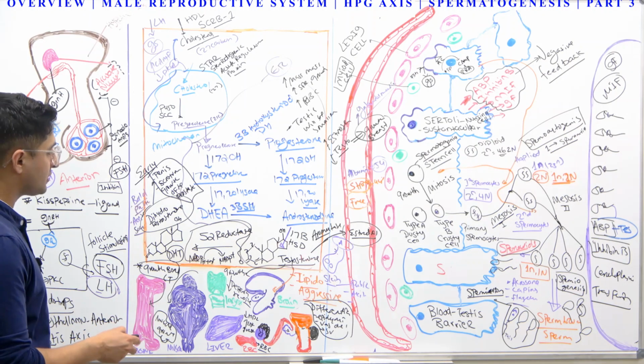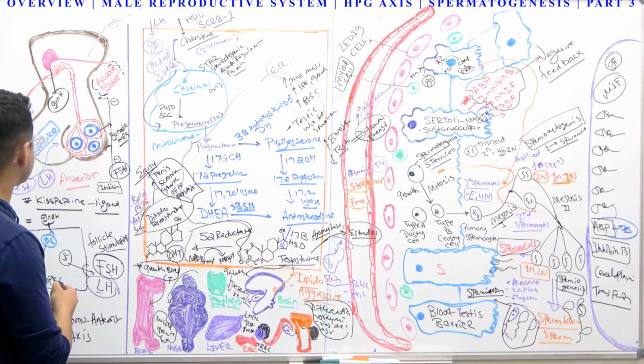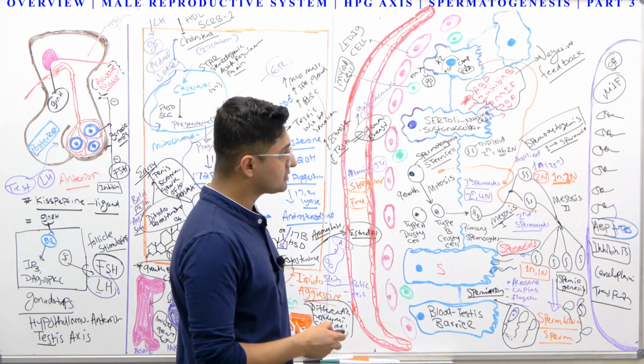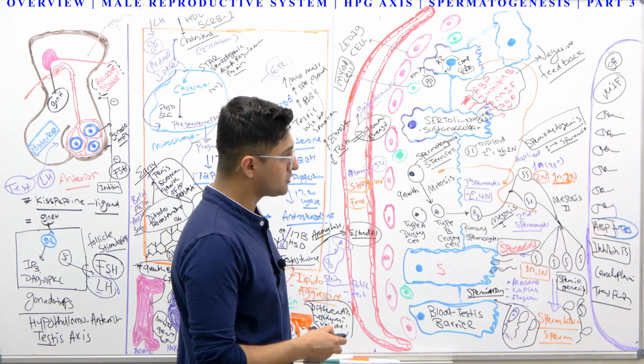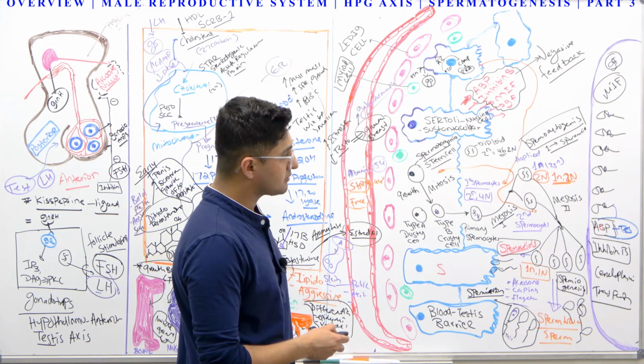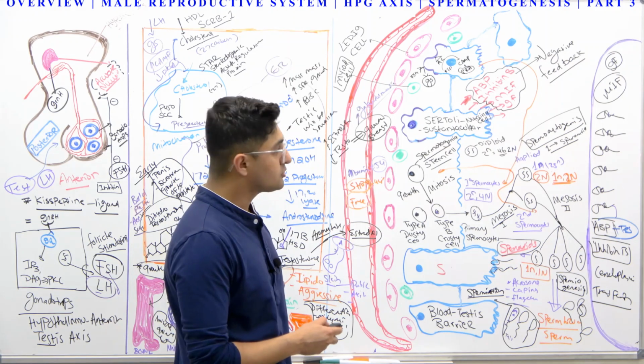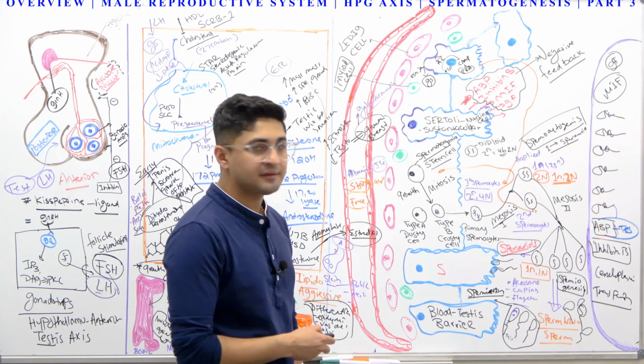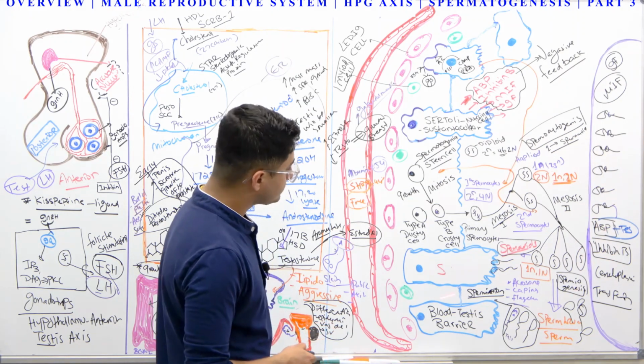The testosterone is a negative feedback for the production of your LH, okay? Now remember, this testosterone can get concentrated with the androgen binding protein. It binds with the androgen binding protein and gets concentrated. And that is important to remember for sperm production, to maintain the sperm here, all right?